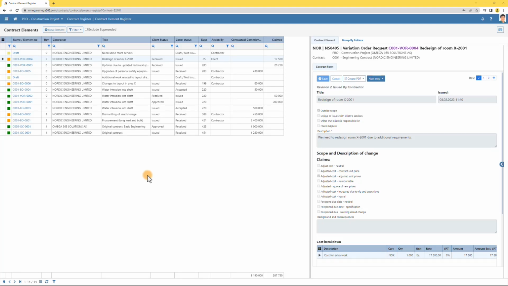Contractors have the possibility to register a variation order request themselves in the contract element register, where the client can choose to approve or decline. Here one will only be able to see the contracts you have been given access to. The contractor also has an overview of the client's variation orders and other elements that the client has sent to